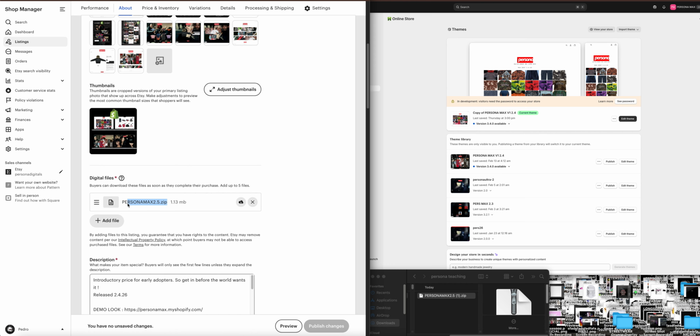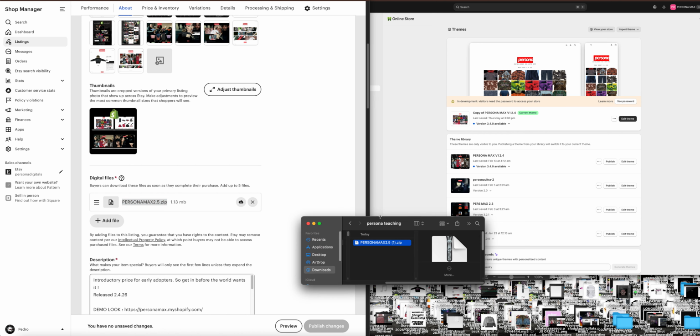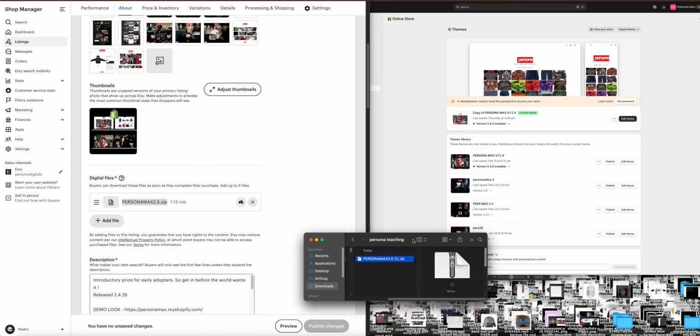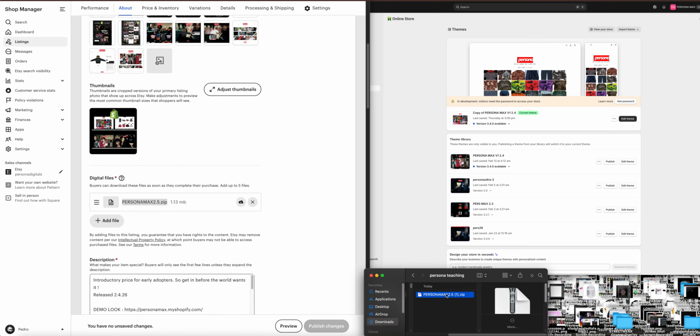The file is currently this, the one that's fixed. So you would download it, go to your downloads, and it would look like this: Persona Max 2.5 zip. Now, do not open this file. What you're going to do, for the sake of this